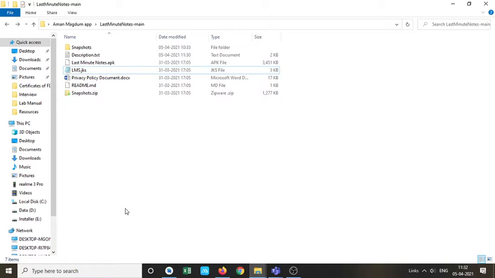I need to modify the existing code. So submit me also the source code. So first thing is description, then signed APK, then JKS file. Fourth thing is source code of your Android application.